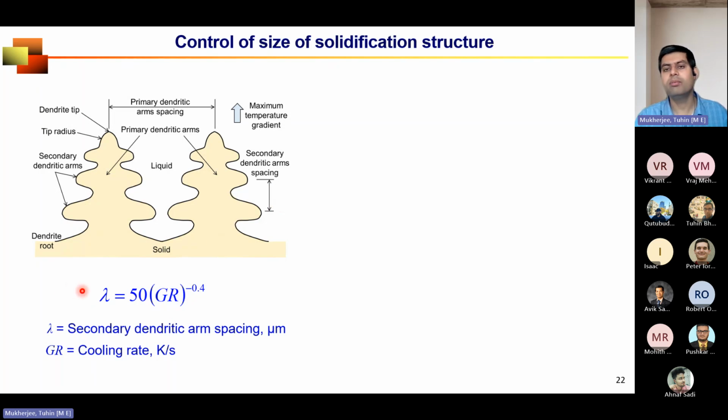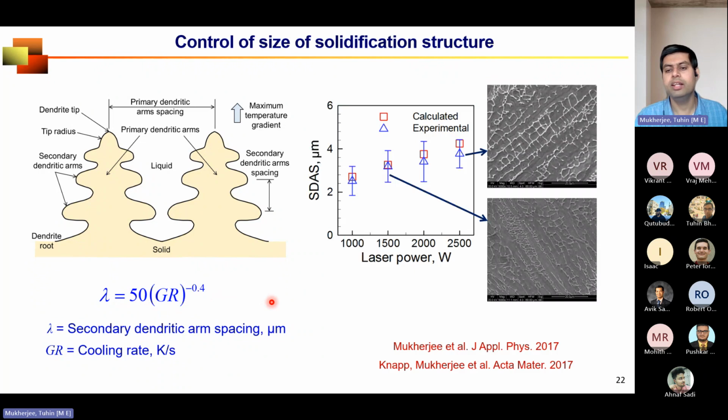There is a formula from Merton Flemings' solidification book. Flemings is a legendary name from MIT who did the earlier work in understanding the solidification principle and correlating the solidification cooling rate with microstructural features like secondary dendritic arm spacing for a wide variety of materials. So 50 and 0.4 are constants, particularly true for one material, and here we are talking about stainless steel